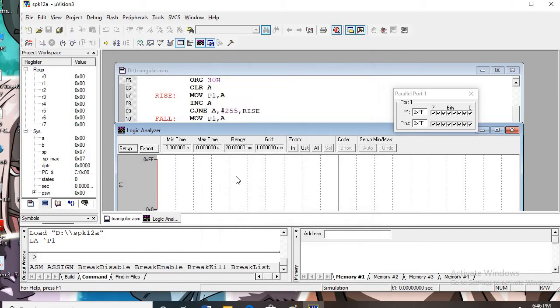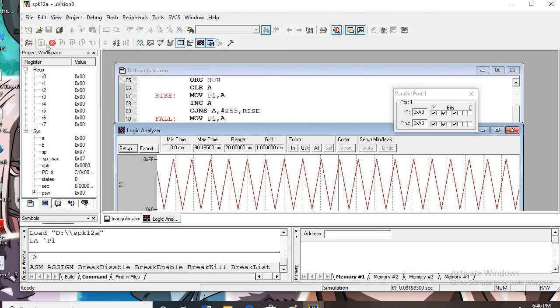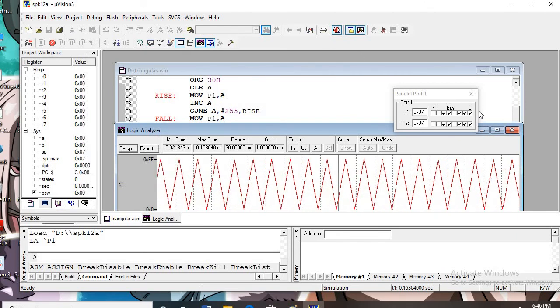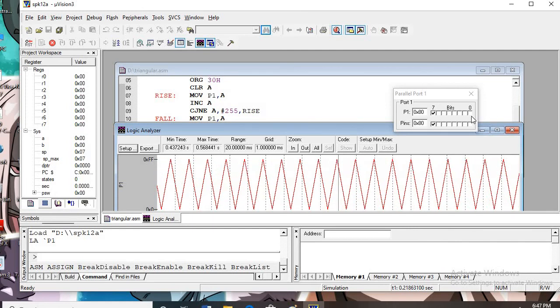Close this. Now you are in this window, and now directly go for run. No need to do single stepping unnecessarily, so the complete waveform will appear. And here also you can see in port 1 continuously this rising and falling activity going on. So here you can see the effect.